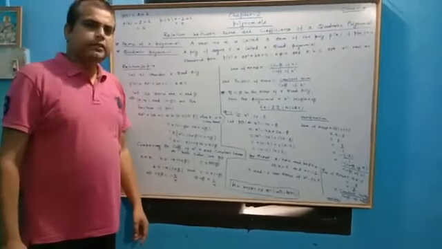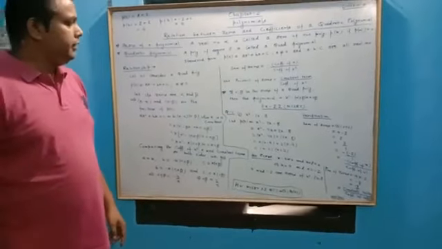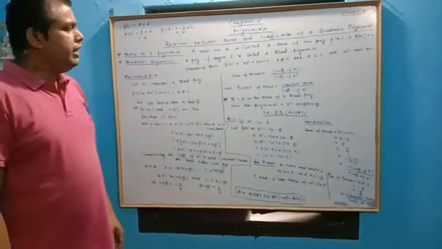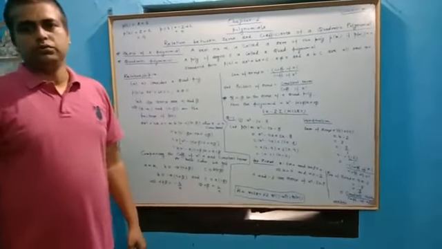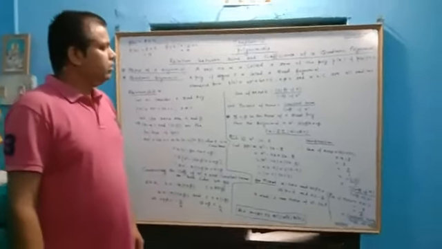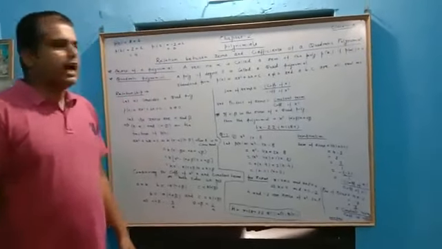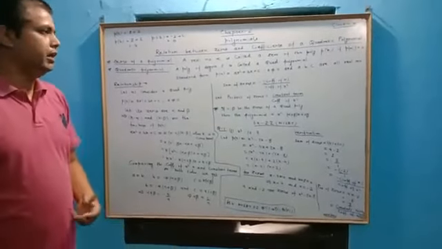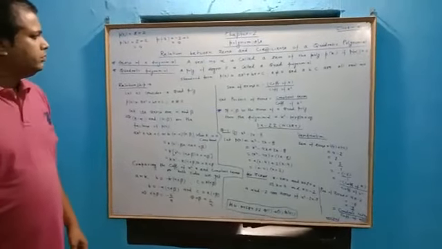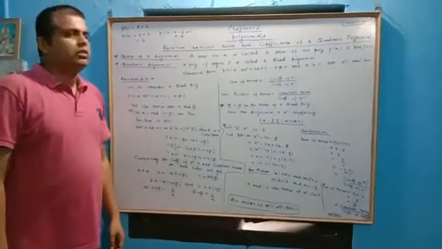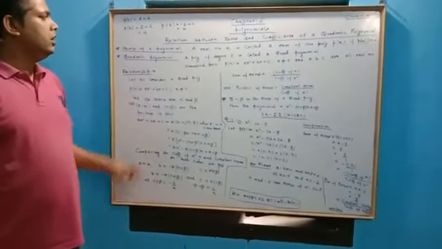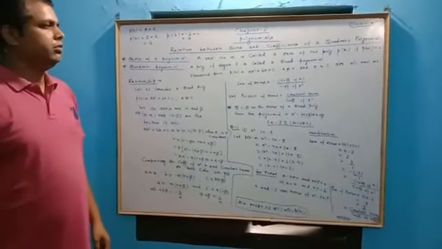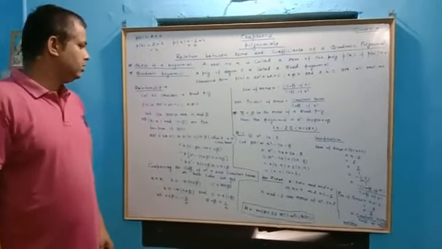And one thing is important here, that for a quadratic polynomial we have two roots, and they are commonly said alpha and beta. Now we discuss the relationship between zeros and coefficients of a quadratic polynomial.